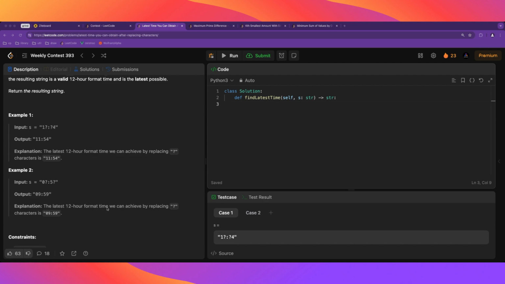But that would be too bug prone. So I think a better approach is to just go over all the valid times. We can go from the biggest to the smallest one, and we check if it's compatible